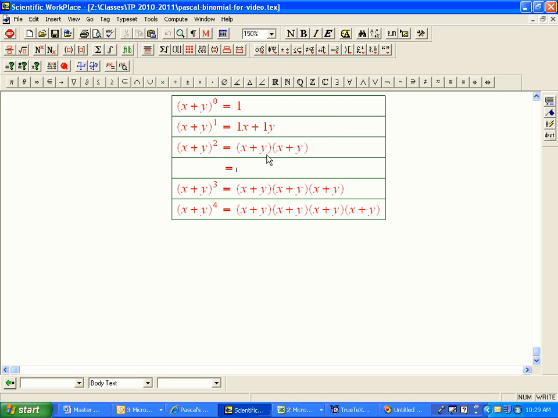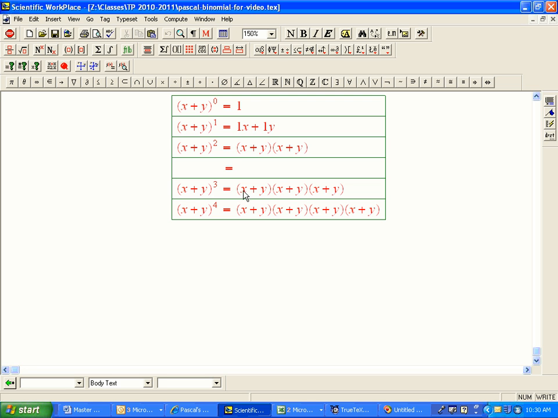In each case, we want to observe the same thing that we observed before, that each time you're multiplying either an x times a y, and you're doing it twice here, 3 times here, 4 times here. So you're never going to get just an x alone, or a y alone, or an x to the fifth, or just a 1 or something like that. In each case, the sum of the degrees of the x's and y's is going to be equal to 2. And here again, the sum of the degrees, because we're either going to get x times y times x, which will be 2 x's and 1 y, or y times y times y, which is 0 and 3,